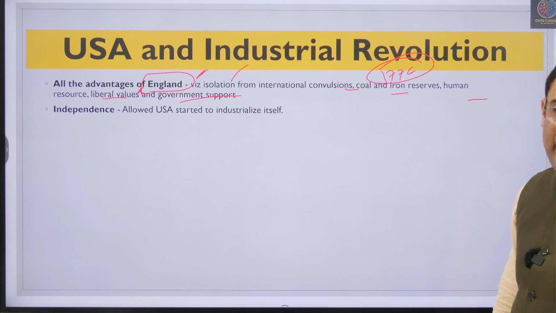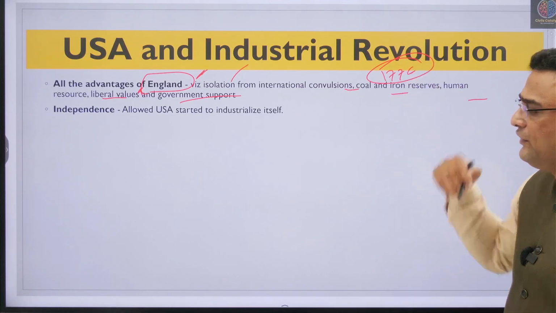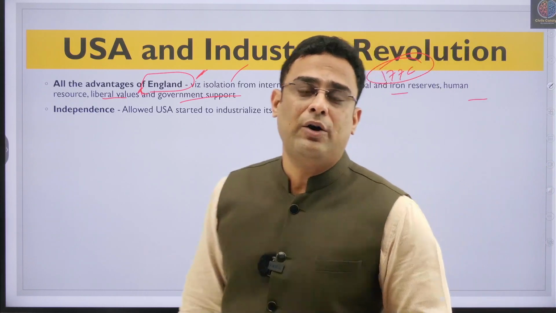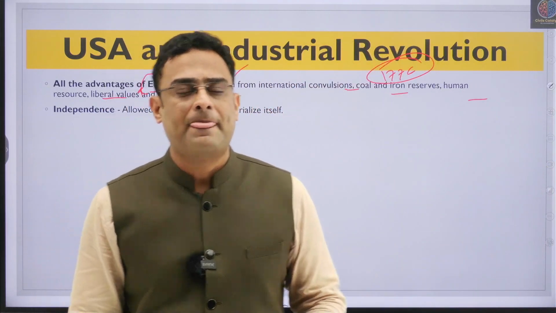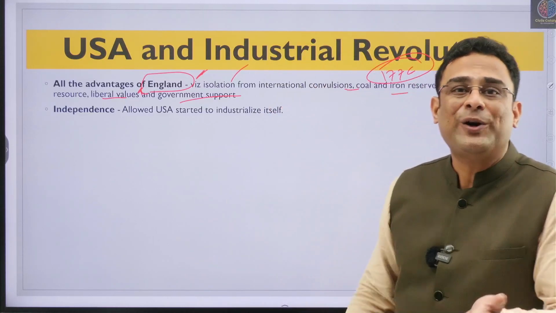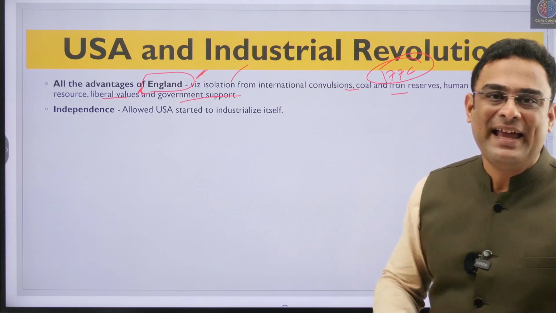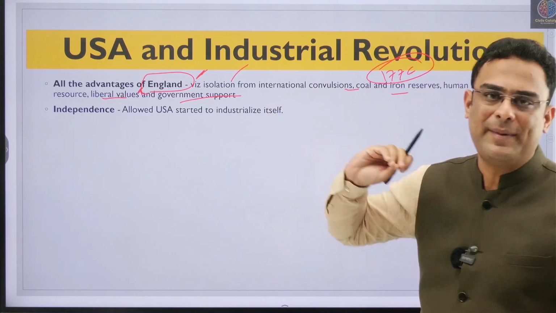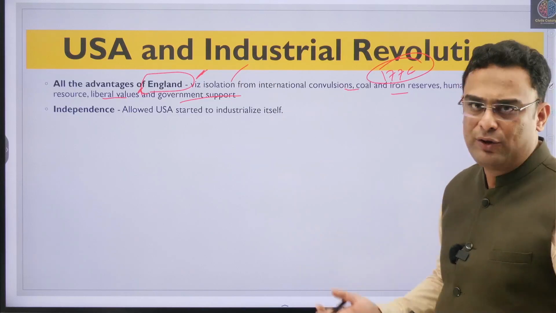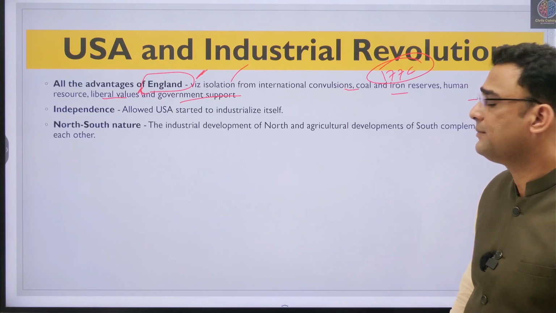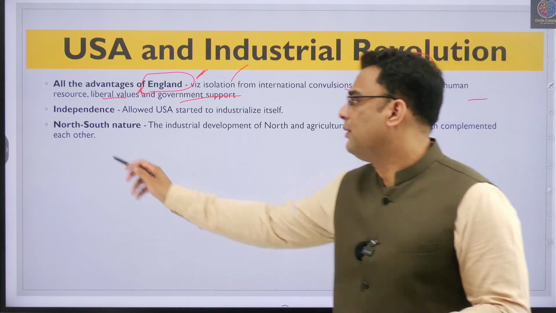इंडिपेंडेंस मिलने के बाद में, इनफैक्ट इंडस्ट्रियलाइजेशन वाज अ मेजर reason why USA or the colonies wanted independence. ब्रिटेन नहीं चाहता था कि अमेरिका इंडस्ट्रियलाइज हो, क्योंकि अगर वहां इंडस्ट्री हो गई तो ब्रिटेन के प्रोडक्ट्स कौन खरीदेगा। इसलिए वो चाह रहे थे कि ये बैकवर्ड ही रहे, रॉ मटेरियल बस प्रोवाइड करे और हमारे गुड्स खरीदे। यूएसए डिड नॉट वांट दैट, इट वांटेड इंडस्ट्री ऑफ इट्स ओन। इंडिपेंडेंस के बाद दिस स्टार्ट्स।